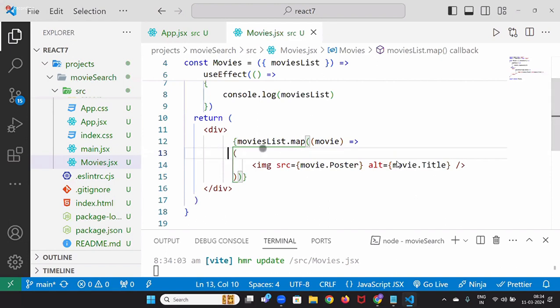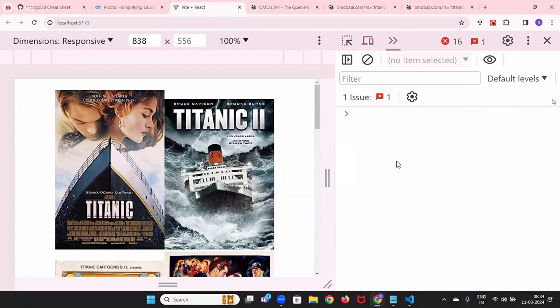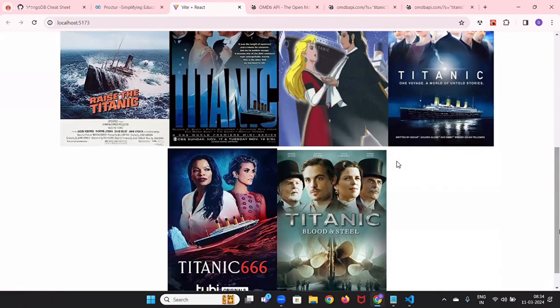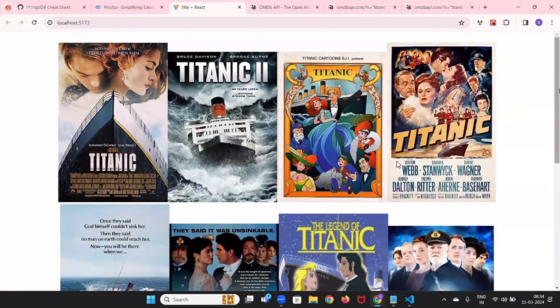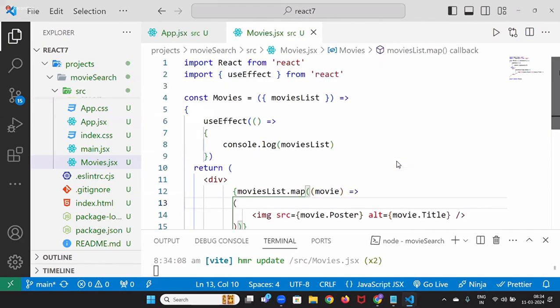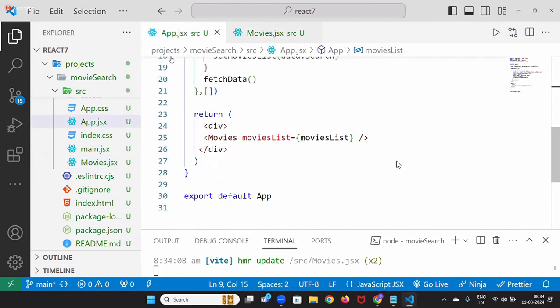Now it will come, I am 100% sure. See, all movies are coming, which are of Titanic. Because that's what you did, right? You directly took the Titanic value. But do you want to directly take the Titanic value, sir? No, I don't want that. I want to take the value from one state value. Okay. Now go to your app.js, sir. In the app.js,